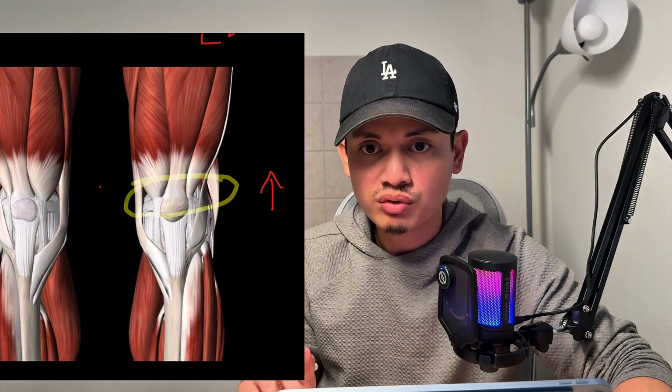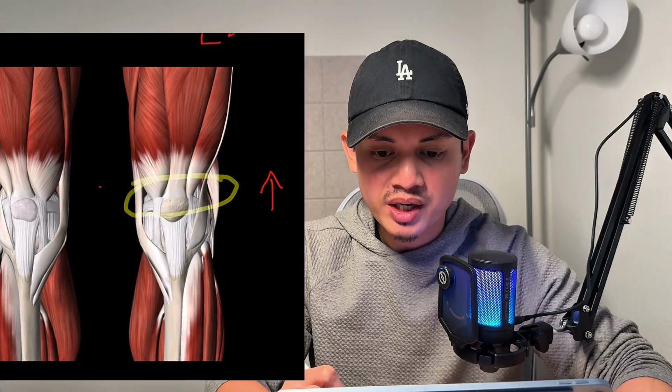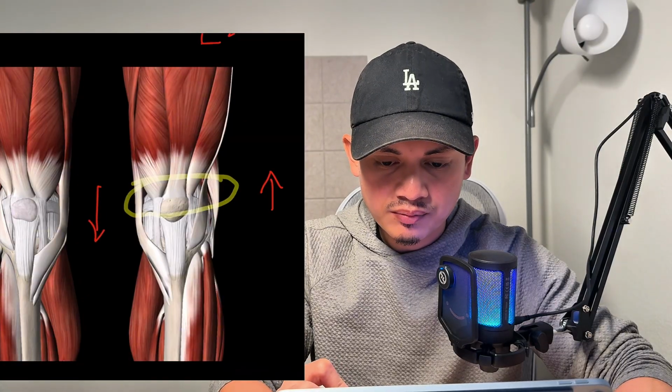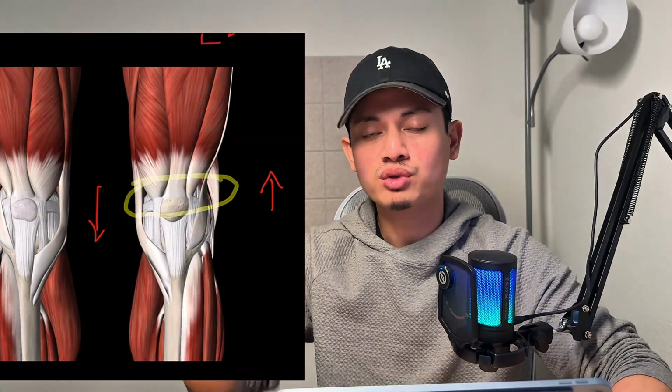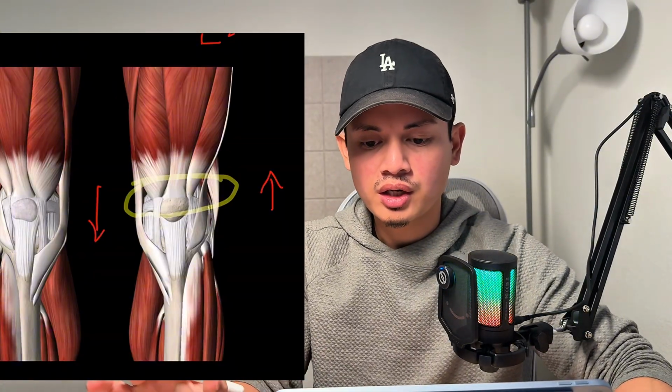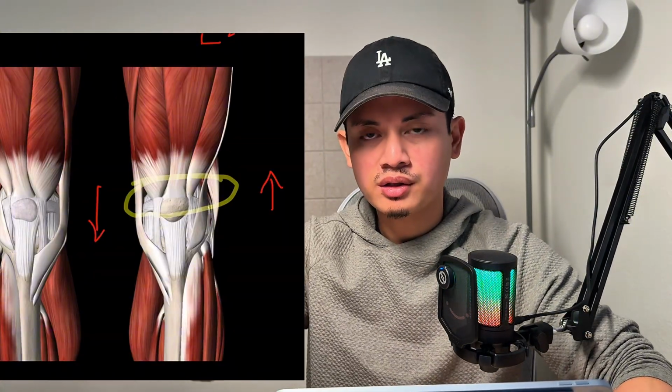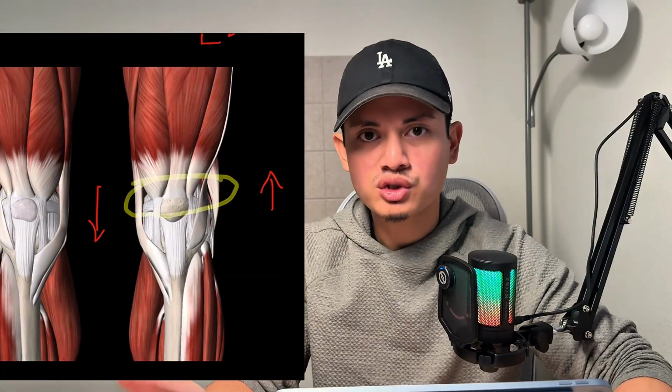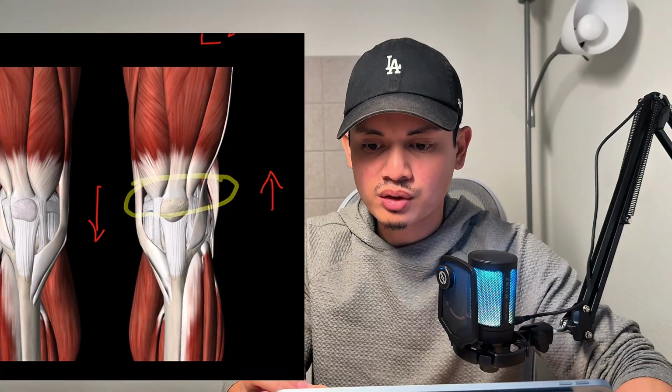Your patella will move up. Now, as you bend your knee, then your patella moves or glides down the knee joint. So there's a certain amount of patella movement superiorly and inferiorly as you take it through the range of motion